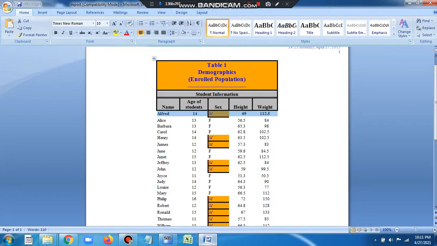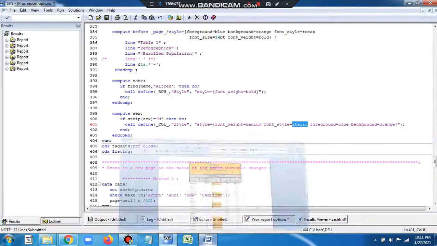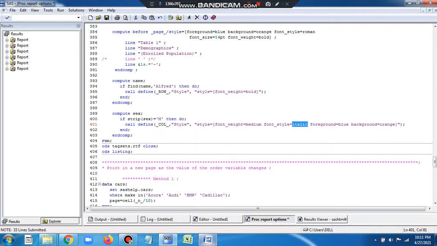Whenever the column is sex, and you can notice that I am writing compute sex because I am trying to customize for this particular variable, and the condition is when the value for sex is M. So whenever it is M, apply this formatting.